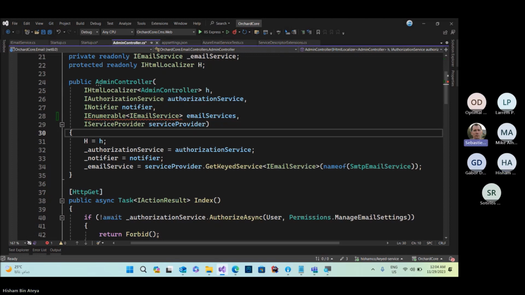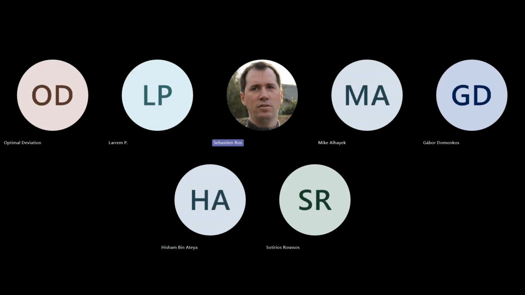Thank you, Hisham, very good idea, and for driving the discussion and introducing the keyed services. So for whoever watches the meeting now, or didn't know about the keyed services, please look at the settings. It's opening lots of possibilities, and lots of libraries now are integrating that as their support.